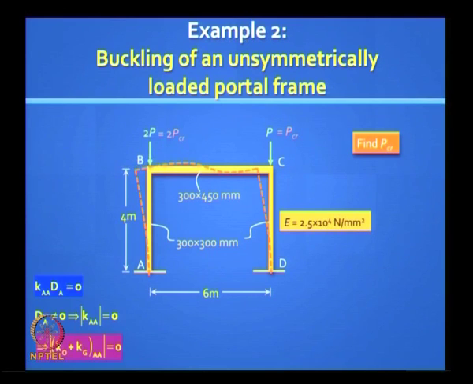The left one or the right one? Left. Why? Because it is more heavily loaded and the length is the same and the cross sections are the same, so the left one. So what are the limiting values that you expect for that left one?